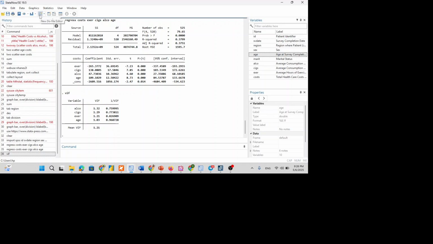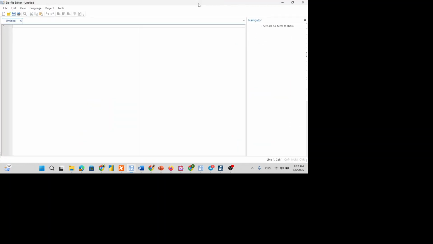So what I want to show you is the do file. If you want, right here. For example, what we did is regress, then cost. If you write lg cost right here, there age, there alcohol, there exercise, there. So what is left? Age, alcohol consumption, exercise.